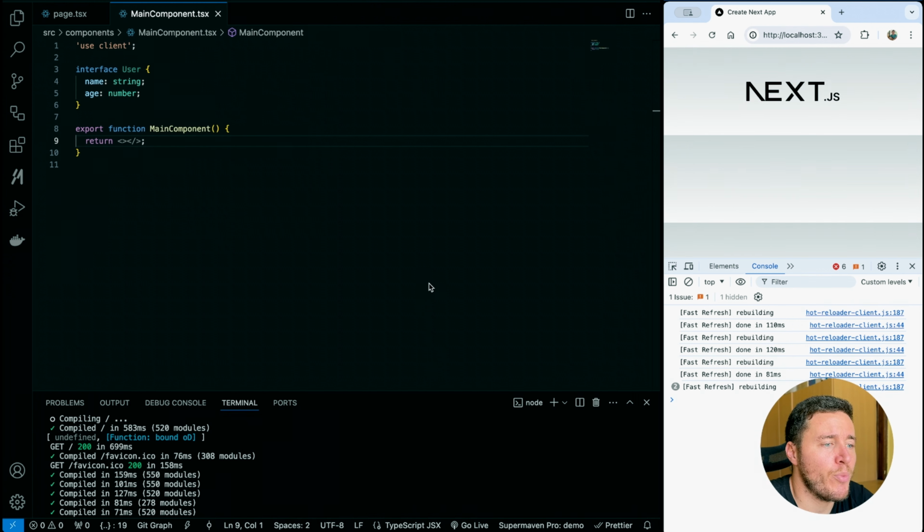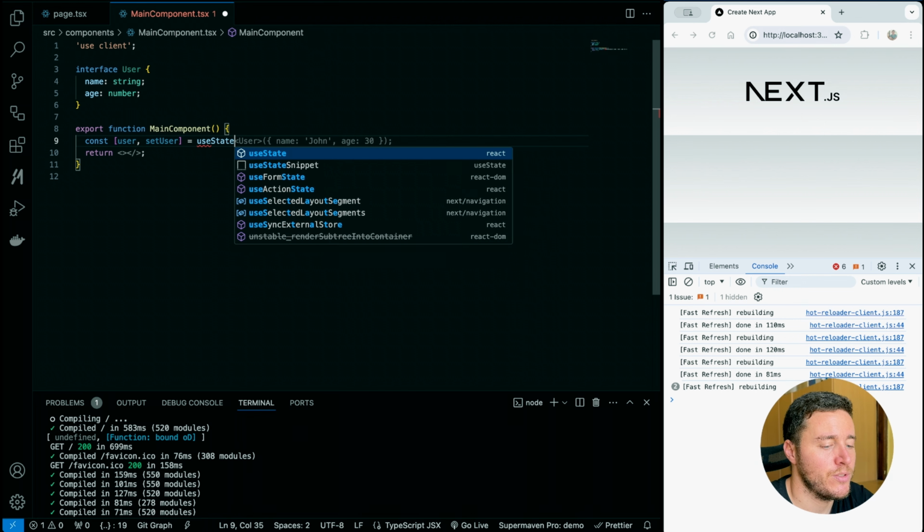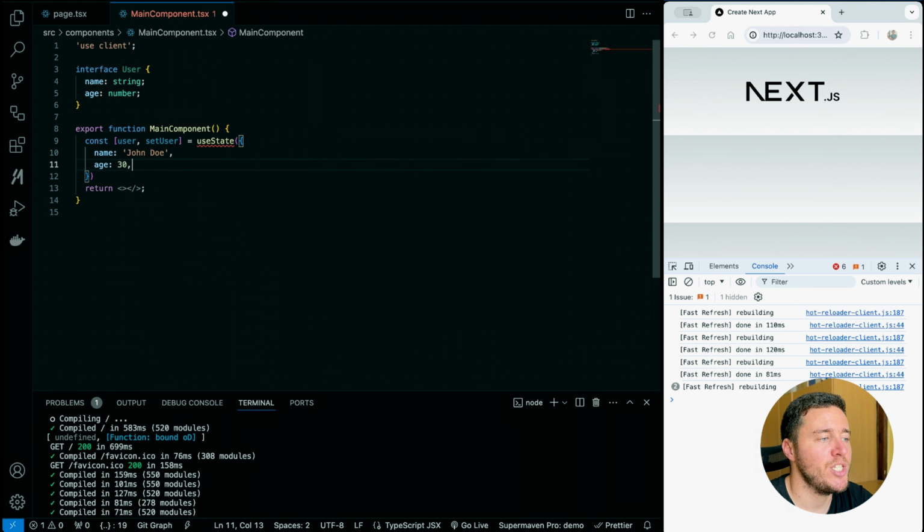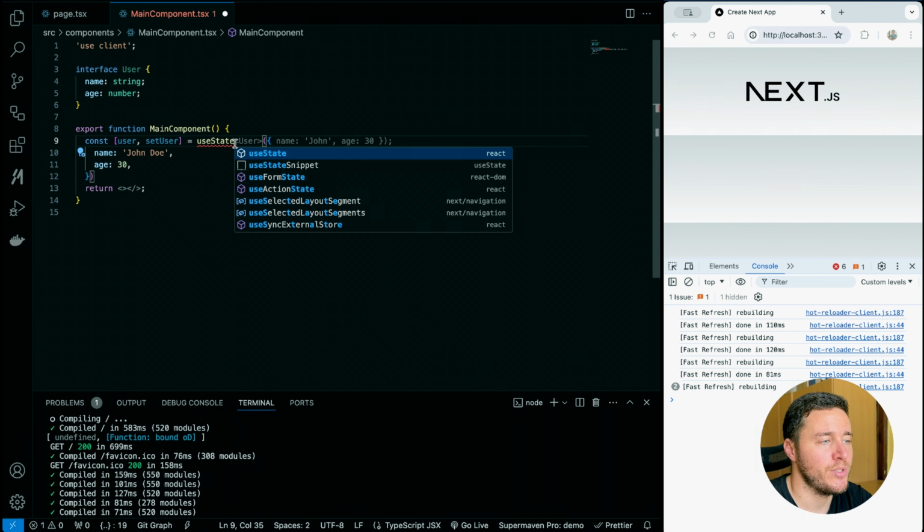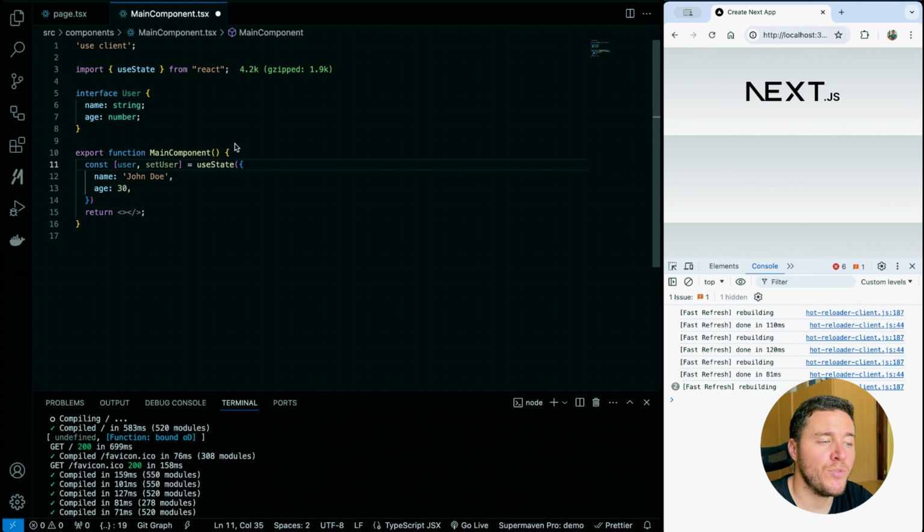Now let's take a more practical example. Say that you want to save a user in a state. So we can say const user, setUser equals useState, and then we pass an object, which is the name and the age. Let's import useState. Now, while it's often cleaner to use multiple useState for different pieces of state, sometimes you might want to group related state together, like in this case, there is no need to have two states, we can have one state